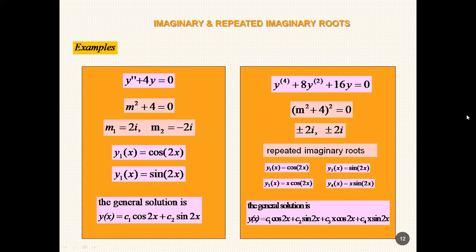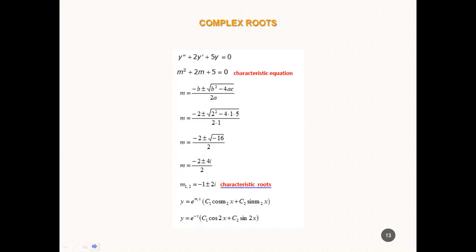Okay, any questions? Okay, then we proceed. What about complex roots? This is the last type. So you have here a second order DE. This is your characteristic equation. And since it's a second order